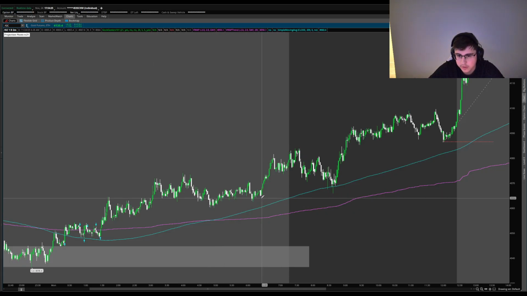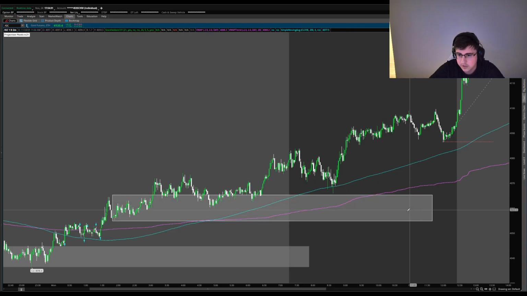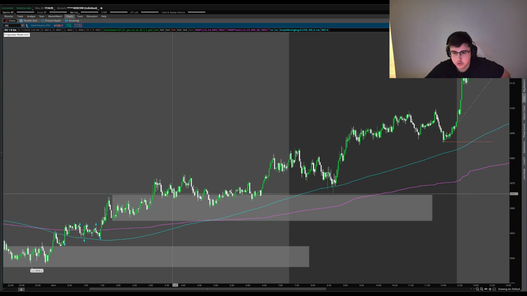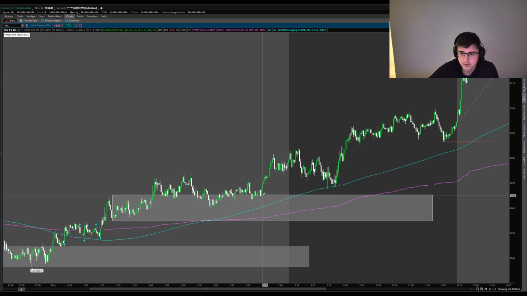But when would I draw it? I would have to draw it all the way down here at the beginning of the support. So at this wick, and then I'll draw it all the way up to here. So here's another zone, right? How did I get that? I drew the top of the rectangle all the way where the top point of the support was taking off. So right here. And then it went off. So that's the top of the zone. And then here's the bottom, the beginning of the zone, the trend right here. So here's another zone,